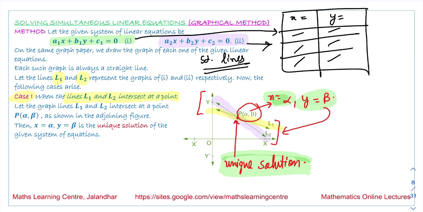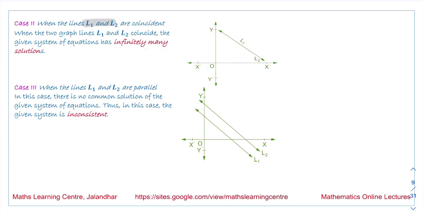Now the second case is that the lines L1 and L2 are coincident. That means both equations represent the same line. This is the line L1, and this is also the line for the second equation. Both are representing the same line. So in this case, all the points lying on this line, I'm talking about this point over here, this point over here,